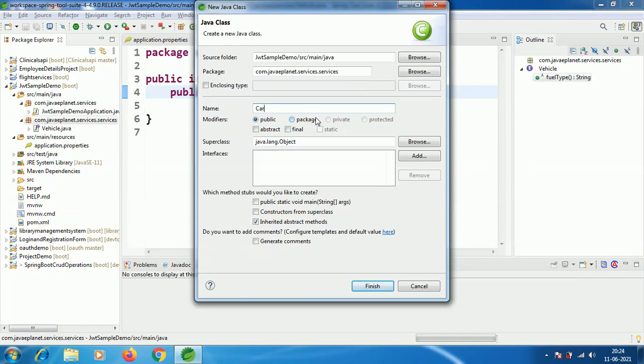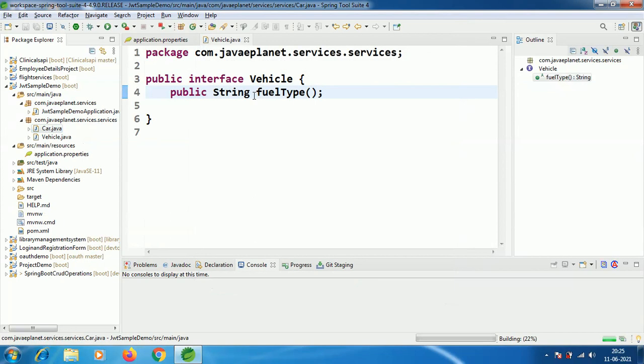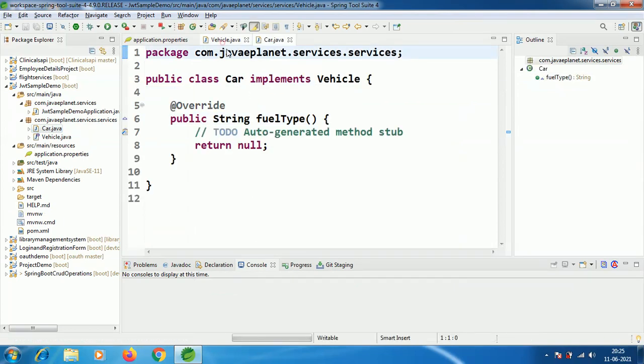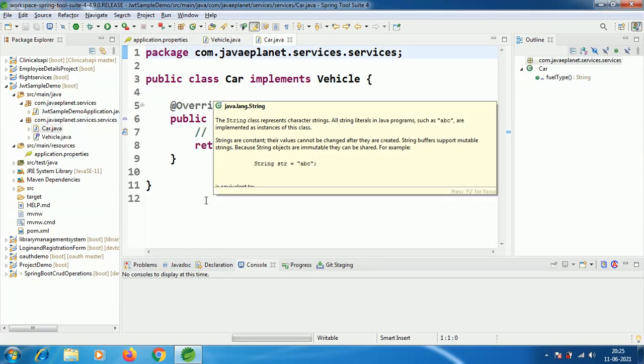Create the Car class and implement that VehicleInterface. The interface has the fuelType method with return type String, and we override that abstract method in the Car class.